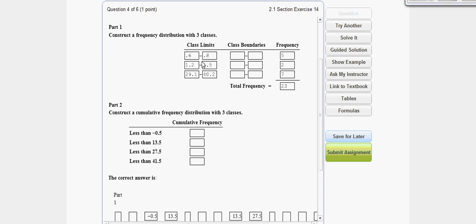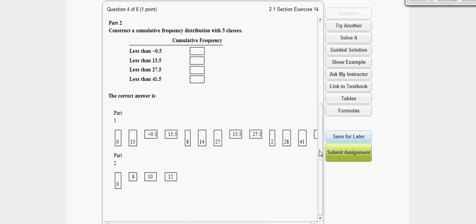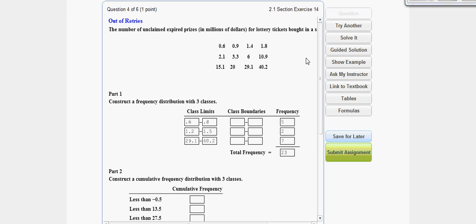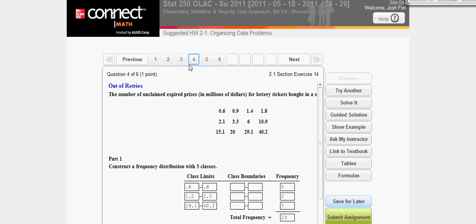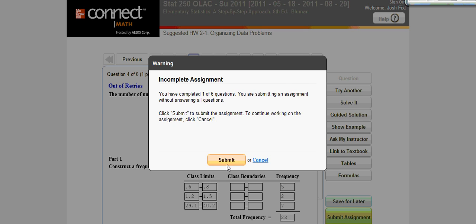It doesn't show me what I did wrong. It doesn't show me which ones I got right and which ones I got wrong. It just shows me the correct answer. However, when I get done doing all the other problems, so let's say I come back up here and I do every other problem on here, and then I submit my assignment,